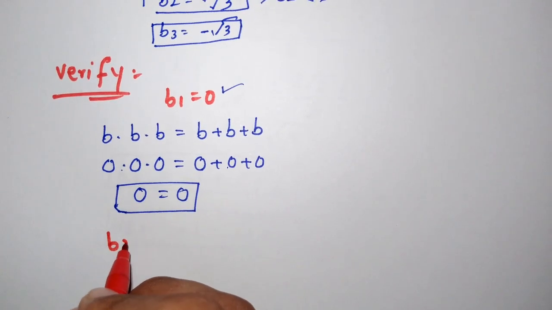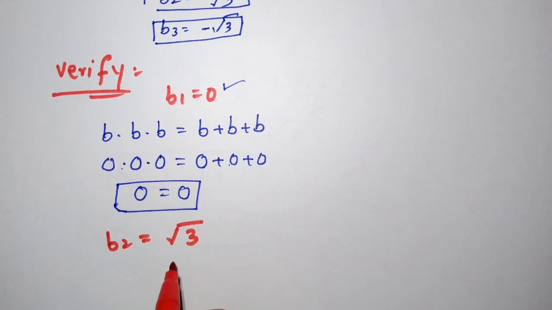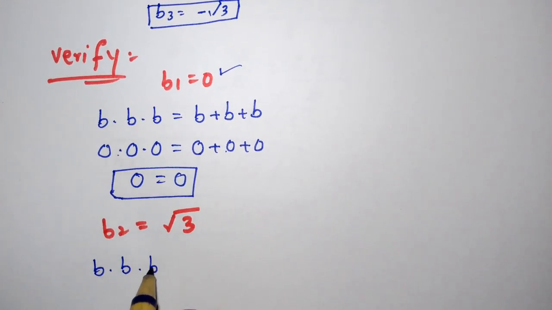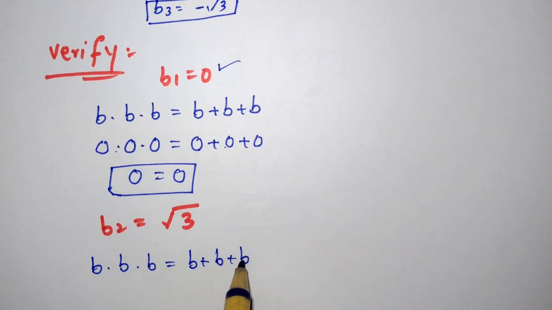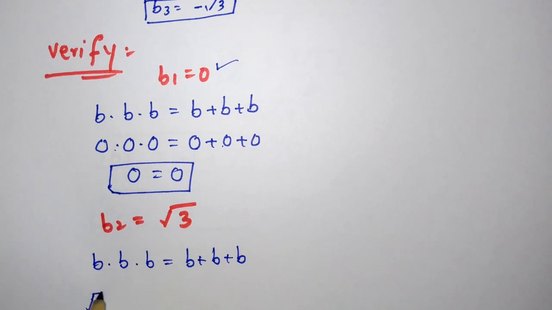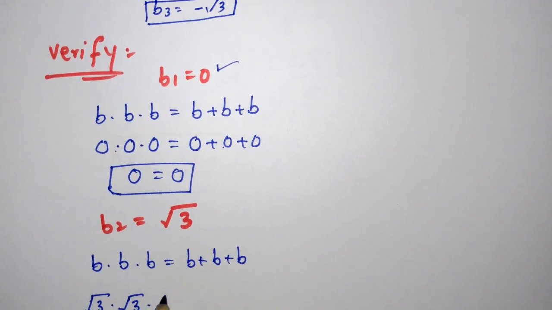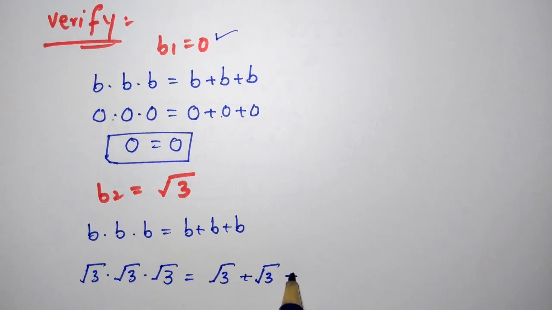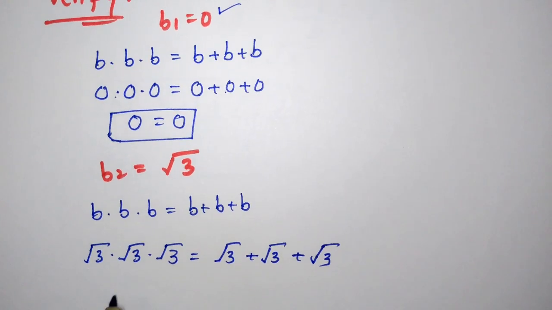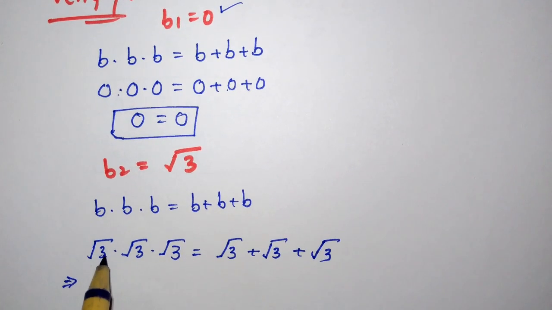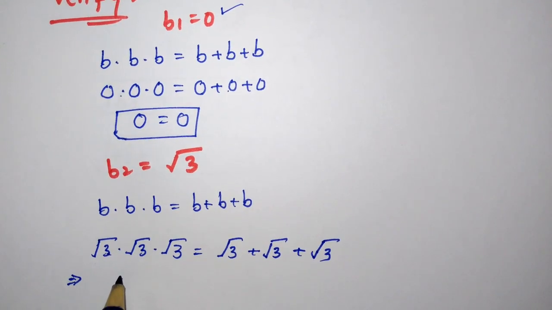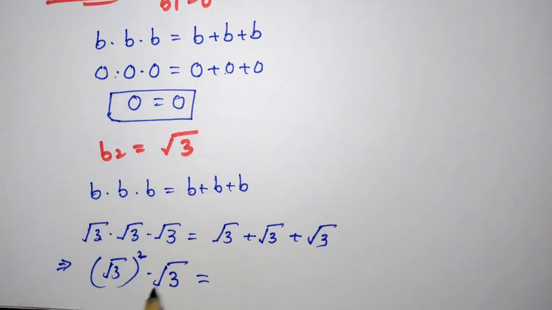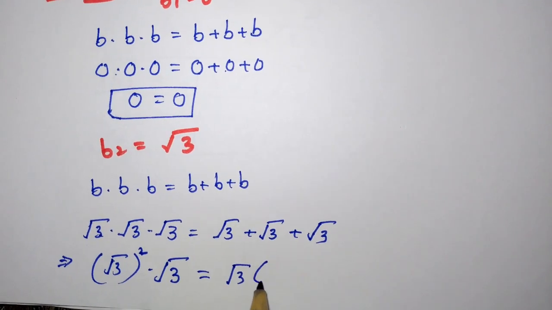Now we have to put b2 is equal to positive square root of 3 in the question. We write the question again, b times b times b is equal to b plus b plus b. We have to put square root of 3, so square root of 3 times square root of 3 times square root of 3 is equal to square root of 3 plus square root of 3 plus square root of 3. Here this can be written as square root of 3 square times square root of 3 is equal to, here we take square root of 3 common, and 1 plus 1 plus 1,